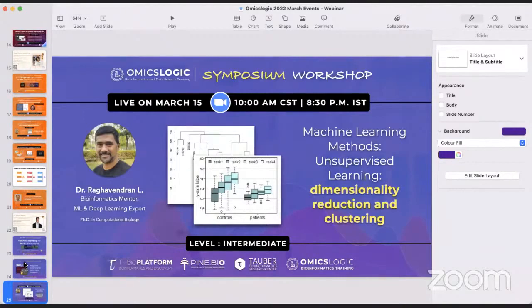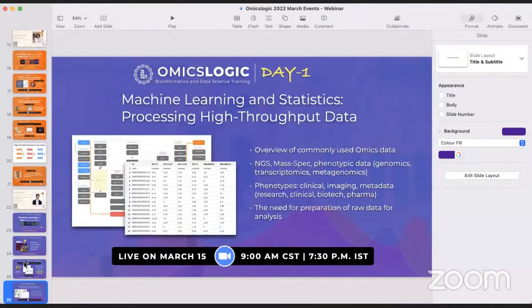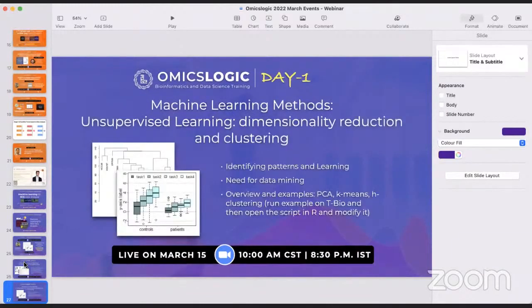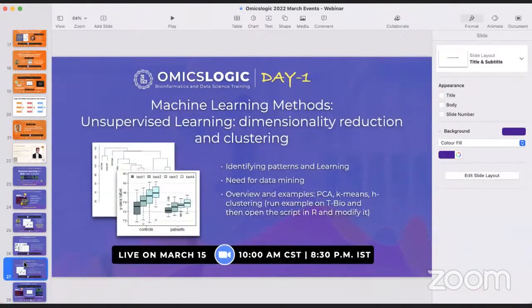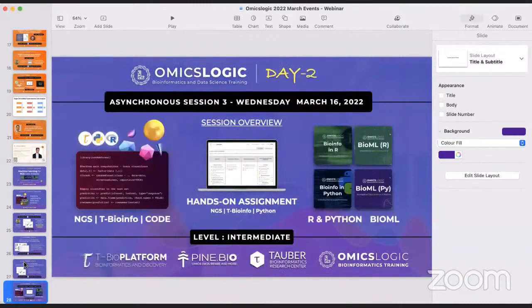as well as in the preprints and publications. So that's the focus of the workshop: to first go through the different data types that we discussed using the TBioInfo platform, then apply machine learning techniques and explore the data, and look at the dimensionality of the data and all that we can understand from both exploratory analysis and then learning from the online materials that we have prepared especially for the data science and machine learning workshop. So this is more about coding.